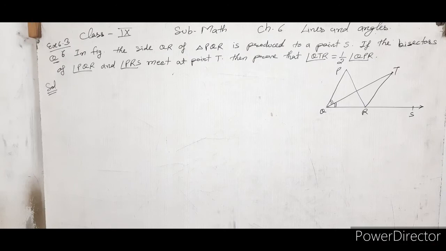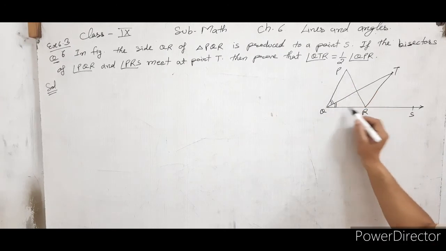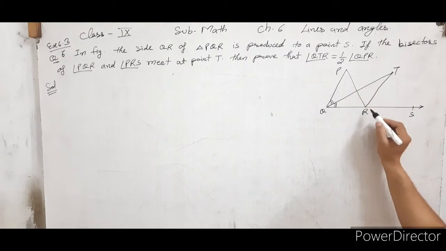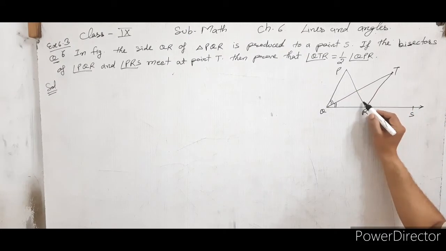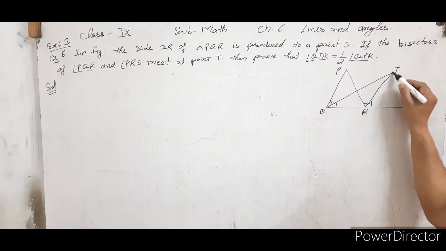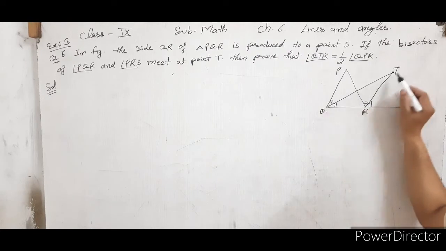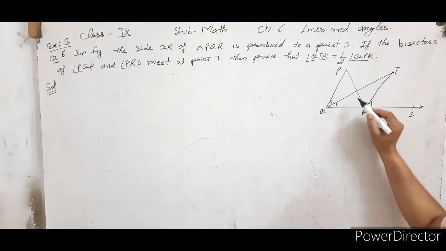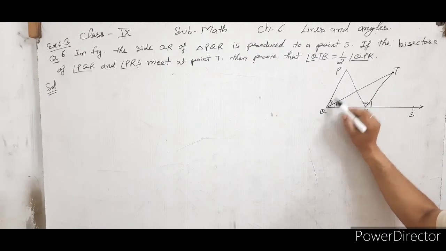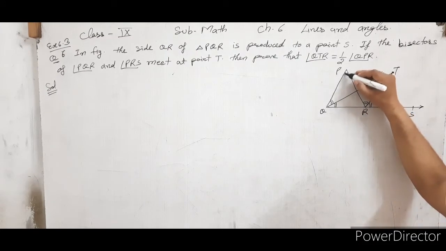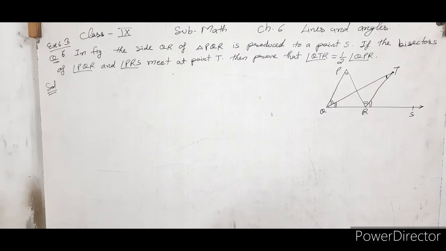Or we can say this angle is half of PQR, and likewise half of PRS. This is also an angle bisector. They meet at point T. Then prove that angle QTR is half of angle QPR. We have to prove that this angle is half of this angle. To prove it,